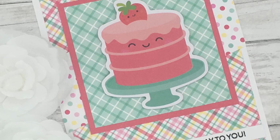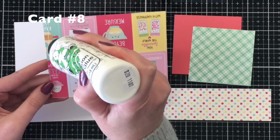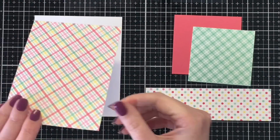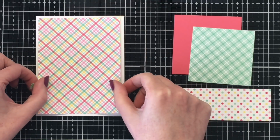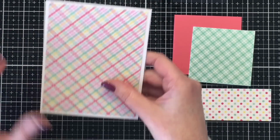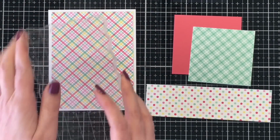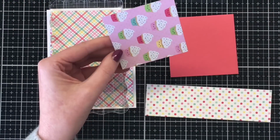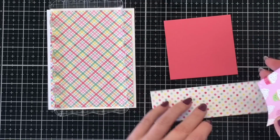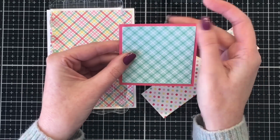And this little cake is so cute. So this is where I've decided to use the Heffy Doodle stamp from Party Palooza, and it reads Happy Cake Day to You. I just think that's so cute and goes perfectly with this little cake with the strawberry on top. So I'm using that plaid pattern paper for the back. Just cut that at 4 by 5 1/4 to leave me that white border. I'm going to use a square here, so I have some of the